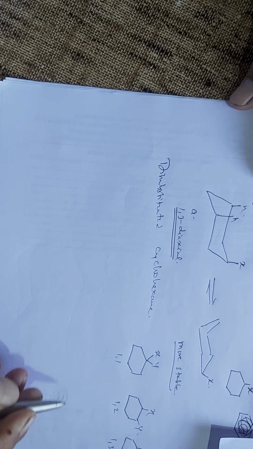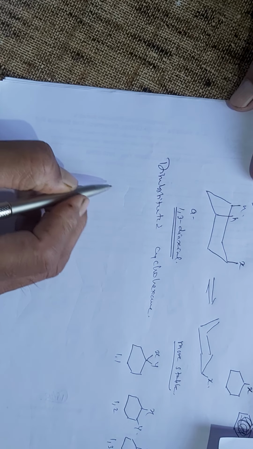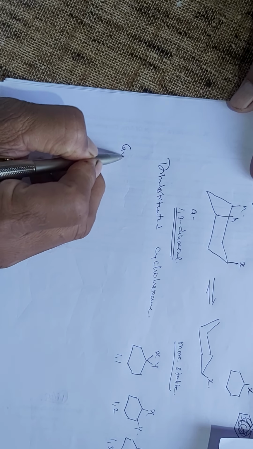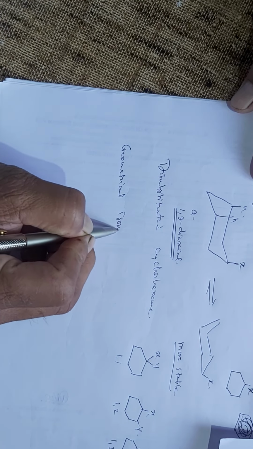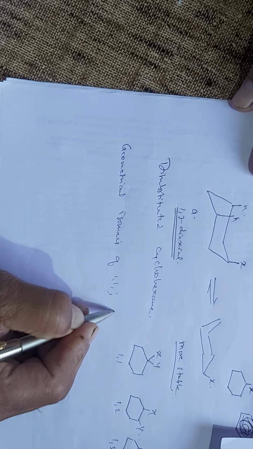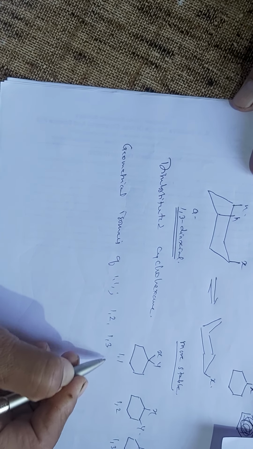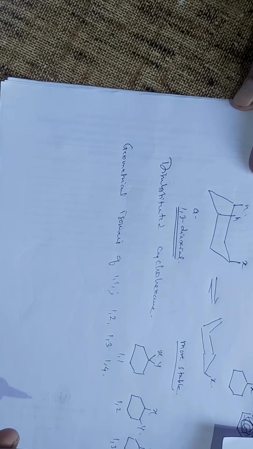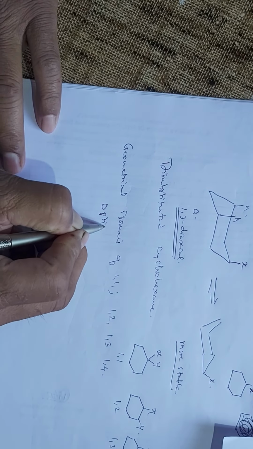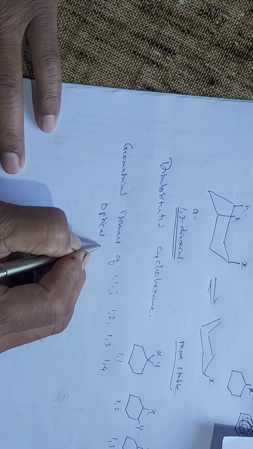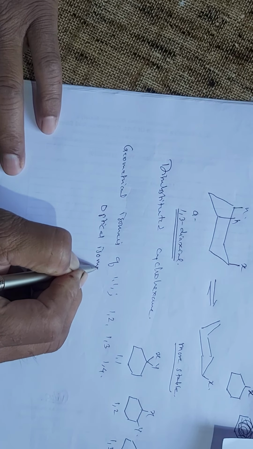And so in this way we want to study the geometrical isomers of 1,1, 1,2, 1,3, 1,4 disubstituted cyclohexanes, and we want to study the optical activity or optical isomerism,